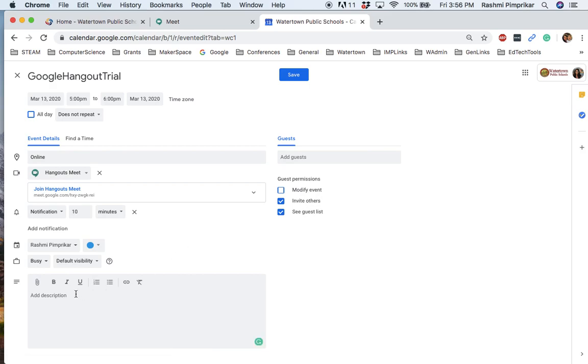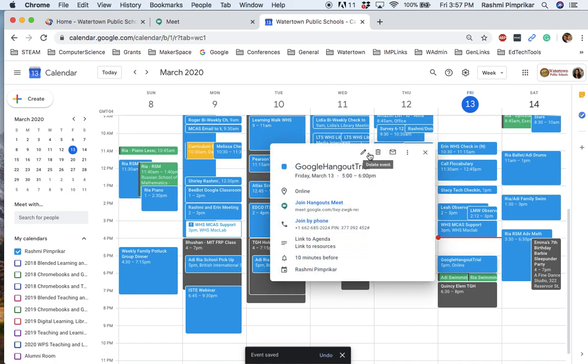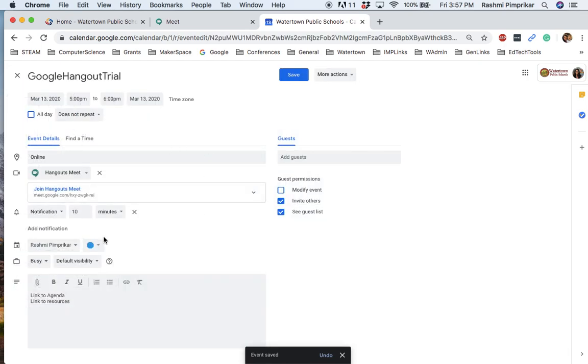It's always a good practice to add a link to an agenda, and then I will also add a link to resources that I want to share. Or something like that. And once you're okay with all the details, you're going to say save, which will create this online conference. And just to make it more visible for me, I'm going to change the color,